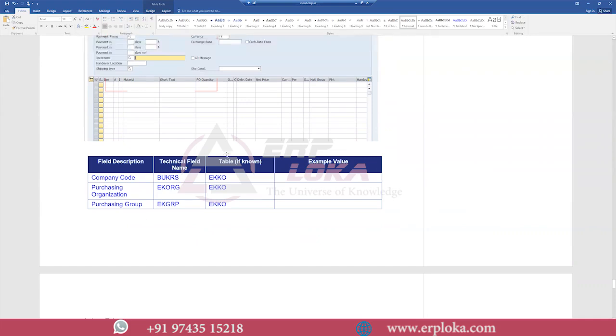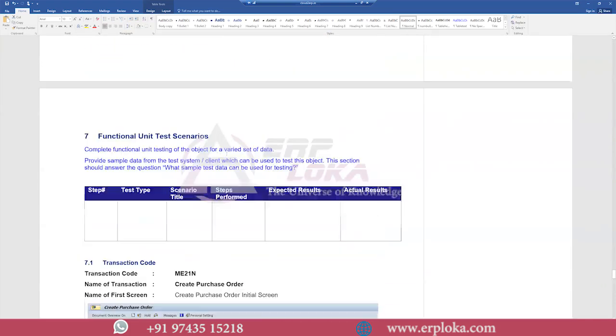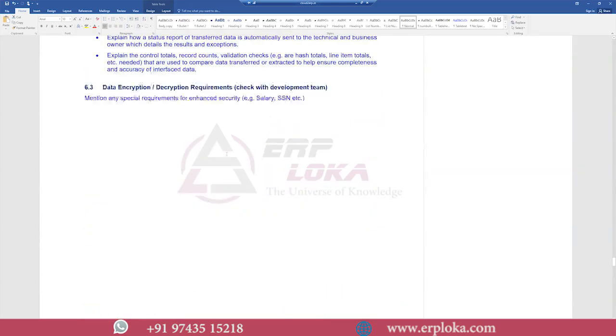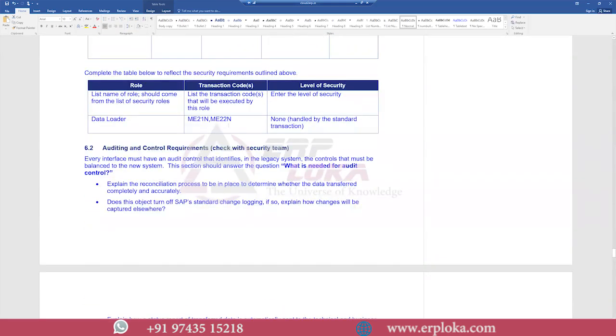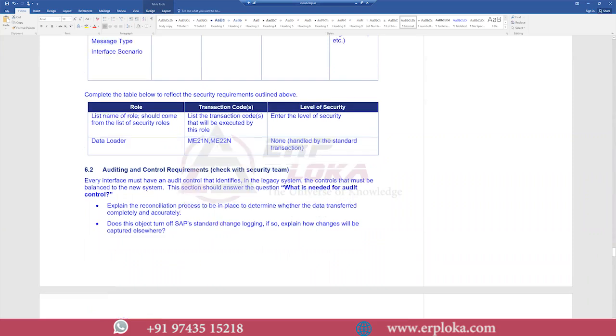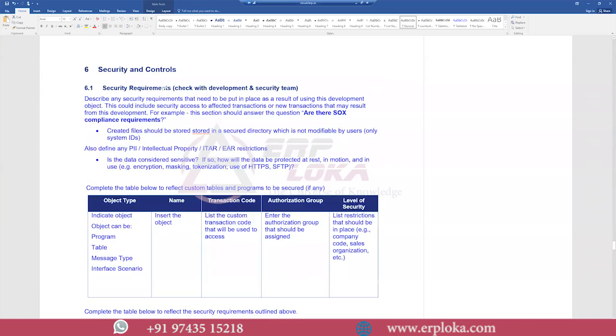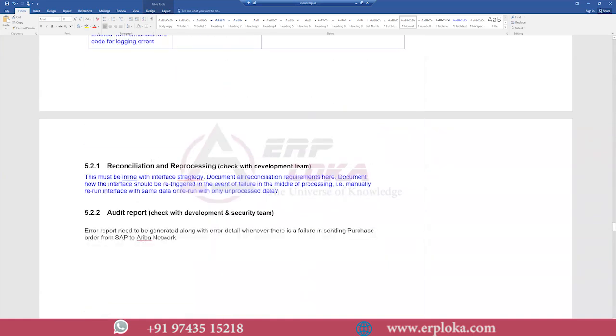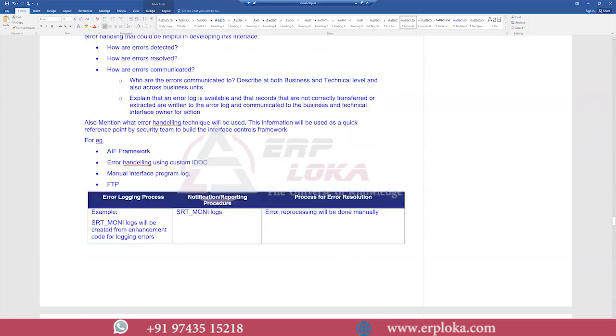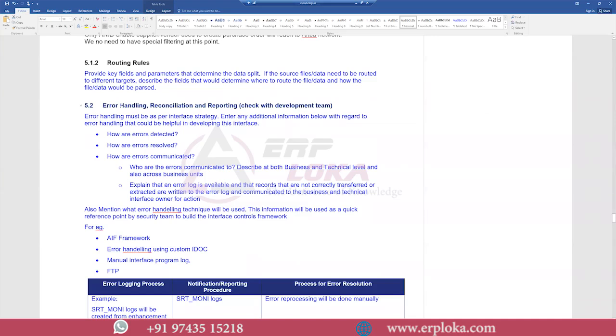Okay, you can keep this document as a reference and see what scenarios you can test here. And there are some synopses which can be read for auditing. What are the rules and regulations? And for security requirements, what are the rules and regulations? And for reconciliation, what is the requirement? For error handling, if there is an error in the system, how you are going to detect the error and how you are going to solve the error. Everything is mentioned in this